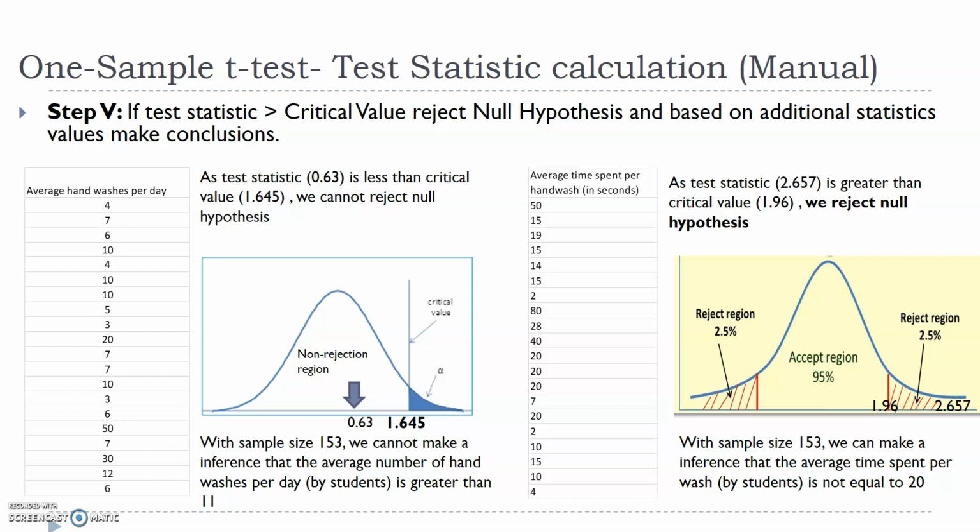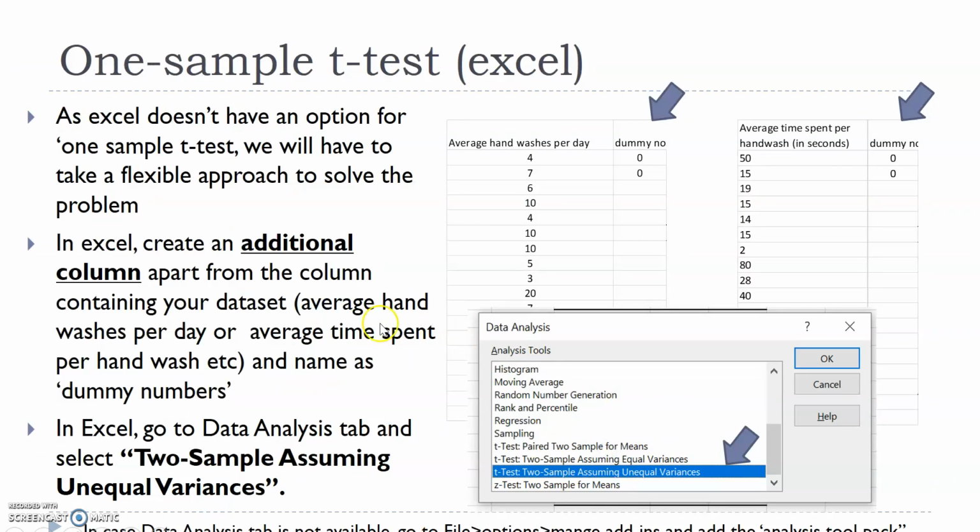But the challenge with a two-tail test is, what if it is not equal to 20? Researchers most of the time will want to know whether it is greater than or less than, right? So when I say it is not equal to 20, it doesn't mean much. So most of the time we try to use a one tail test, though in some cases we'll be using a two tail test. Also, quickly, how to do it in Excel.